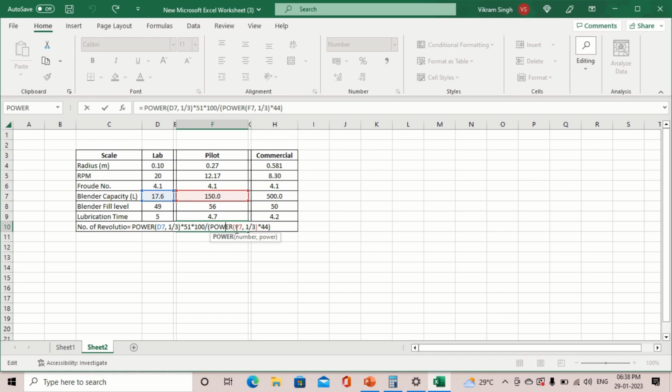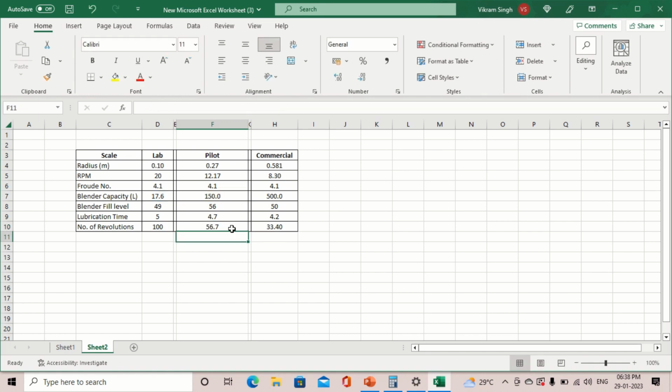150 power 1 by 3, F7, 150 comma 1 by 3. It will give V raised to the power 1 by 3 at the pilot scale, multiplied by the headspace at the pilot scale. The occupancy at the pilot scale is 56%, so 100 minus 56, 44% will be the headspace. We will calculate it. It will give us the number of revolutions proposed for the pilot scale. It will come around 56.7. Suppose we are rotating our blend at 12 rpm, so 56.7 divided by 12 gives 4.7